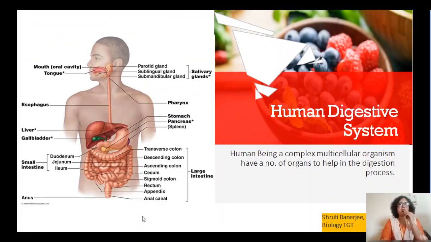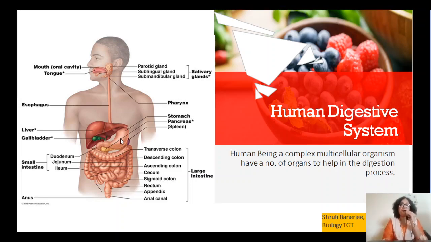Human digestive system. In our previous lecture, we studied the oral cavity, that is the mouth, the function of the buccal cavity, tongue, and salivary gland. It releases salivary amylase for breaking down the complex food. We studied the peristalsis movement, which helps the food pass through the esophagus. And we studied the stomach. From the esophagus, it enters the stomach where the esophageal sphincters prevent the backflow of the food, and the stomach releases gastric juices for partial digestion of the food, which contain highly concentrated hydrochloric acid and the pepsin enzyme, which helps in breaking down the proteins.